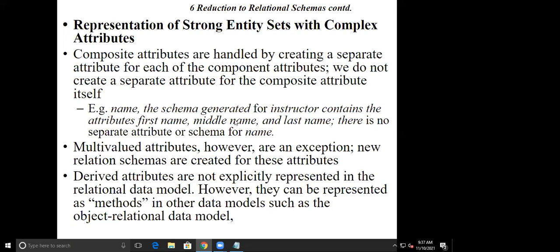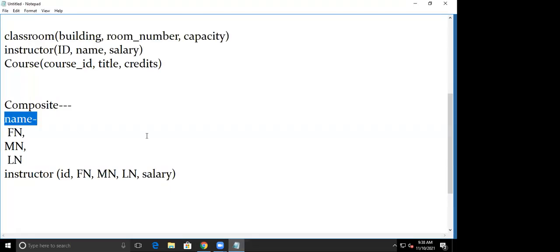The schema generated for the instructor contains attributes first name, middle name, and last name. There is no separate attribute or schema for name. Okay, name ला काहीही existence नसतो, फक्त जे माझे components आहेत first name, middle name, and last name, these will have existence in my relational schema. But the name itself will not have its own existence. Clear with this?